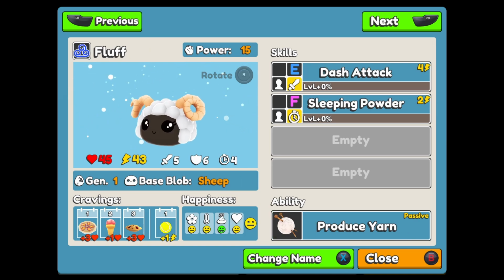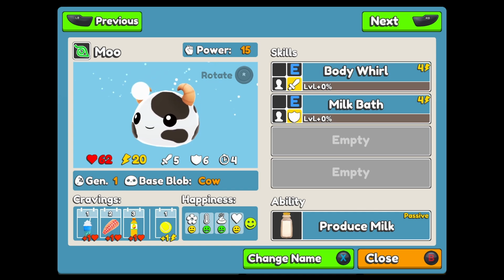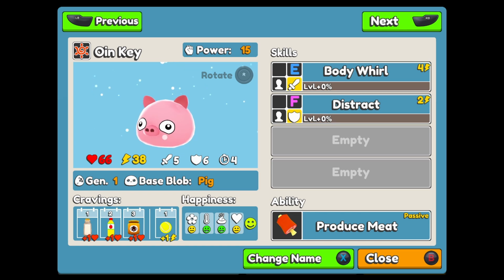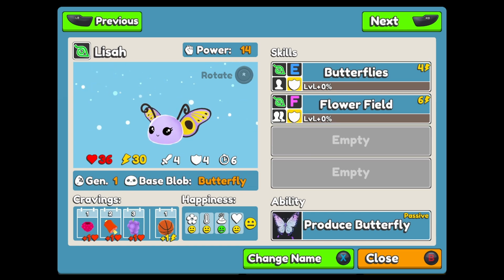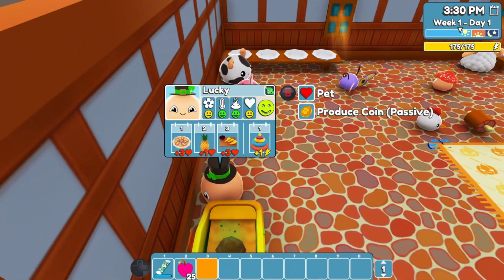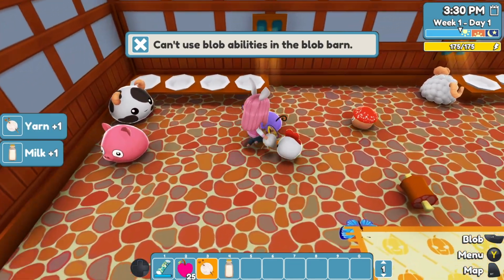like mushroom produces mushroom, sheep yarn, cow milk, clover coin, which scales with level, bee honeycomb, the pig produces meat, hen egg, and butterfly produces butterflies. These are straightforward because they just drop these items in the barn, so you can just go over and collect